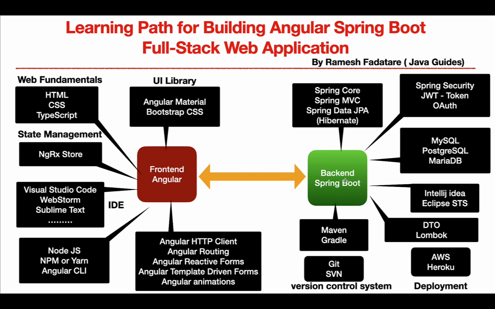So basically we need to expose the REST APIs using Spring Boot, and we use Spring Security to secure the REST APIs. Alright, so when it comes to integration with an Angular application, we use the Angular HTTP client to call the REST APIs which are developed using Spring Boot. Alright, so we use Spring Boot to expose the REST APIs, and we use Angular to consume the REST APIs. So this is going to be a full stack web application.